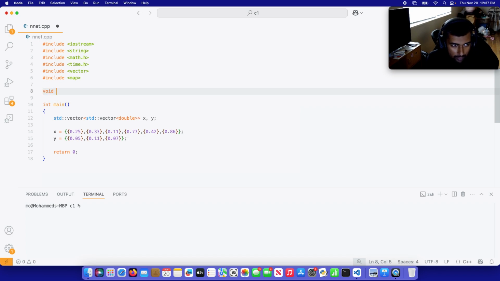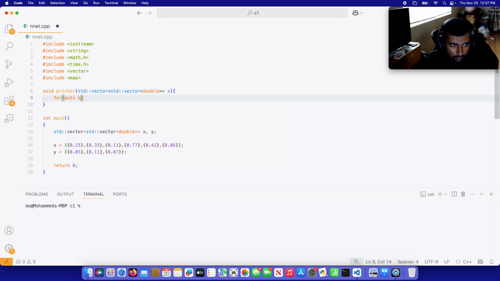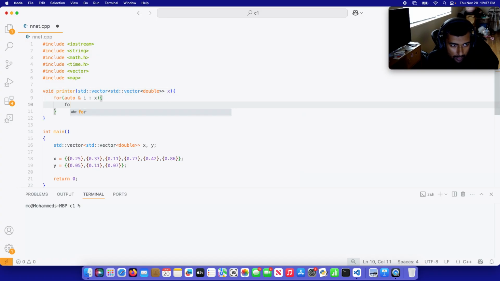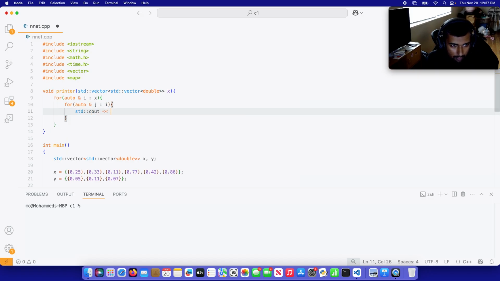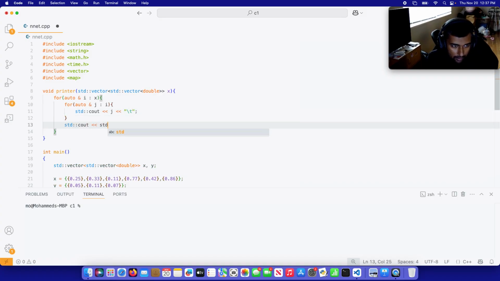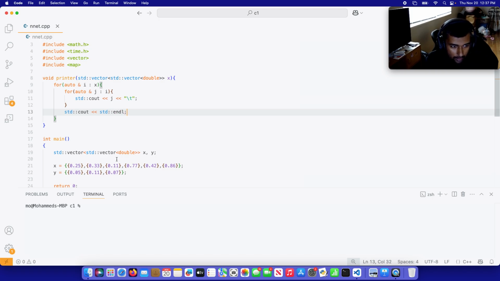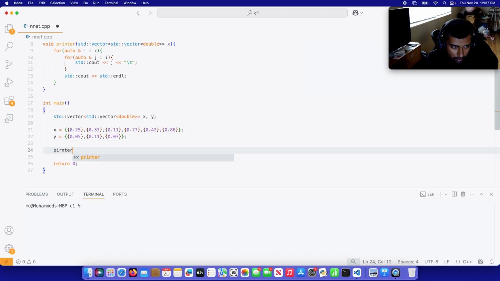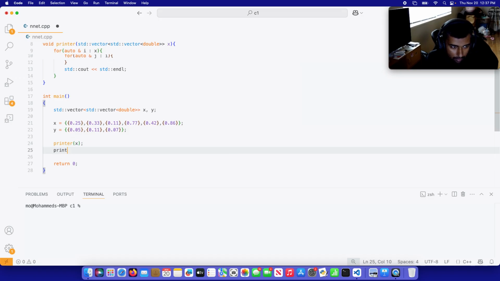So first I'll do void printer, and it takes the argument of a double 2D vector. So I'll just call that x, and I'll do for auto i in x, for auto j in i, cout j, tab that, and then do std::cout, std::endl. Okay, so let me come down here and just do printer of x, printer of y, and I have my